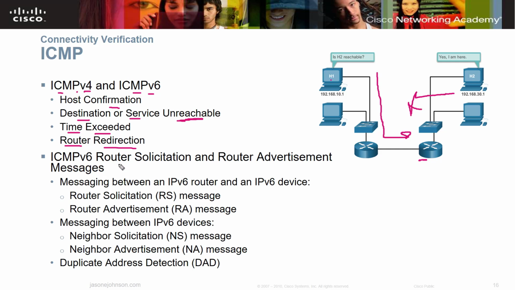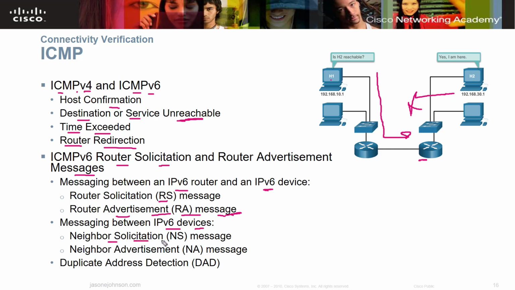So the ICMPv6 router solicitation and advertisement messages you get, and what I mean by solicitation and advertisement, between v6 routers and a v6 device, they will talk to each other, and you'll get a router solicitation message. You'll see it if you ever do Wireshark, which you will do in this course, the Netacad course. If you look at a packet sniffer, you'll see those router solicitation messages, and they'll say, hey, I'm looking for a v6 address, or anybody with v6 addresses, and then the advertisement will come back and say, hey, yeah, I've got a v6 address, here it is. That node will reply with the address information. And then you have messaging between v6 devices.